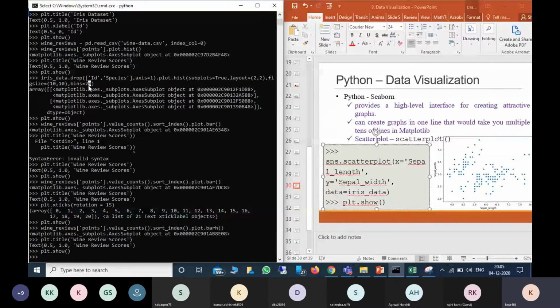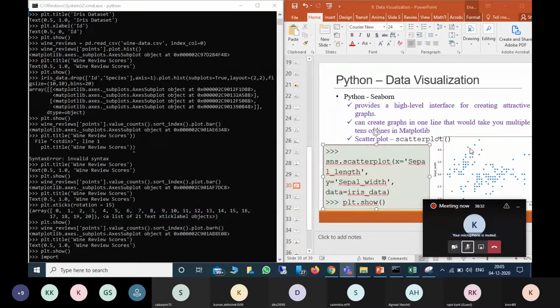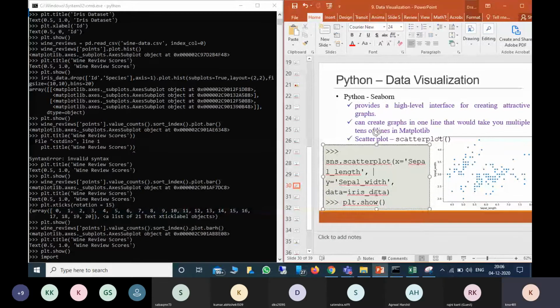So here I'm importing. So for example, previously what we were doing is we were giving the X axis label separately, the Y axis label separately, data, everything.